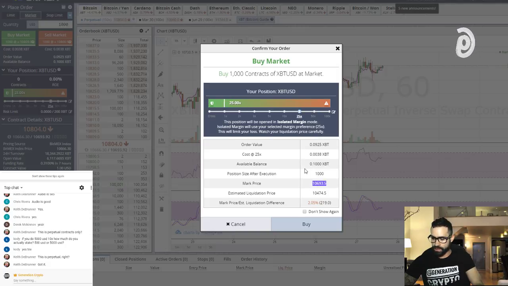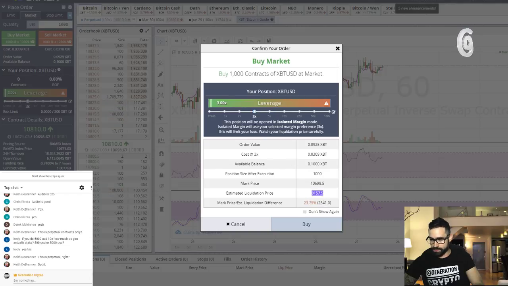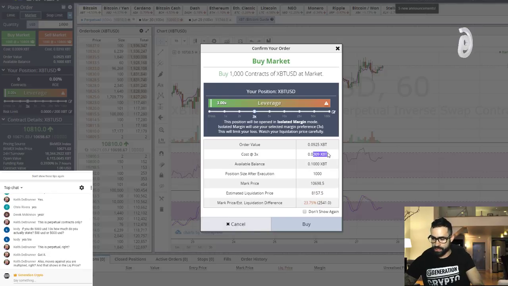Instead, if we go to 25x, it's 10,400. At 10x, 9,899. 5x, $9,069. 3x, 8,000. And what that's going to do at the same time is change how much I'm paying for that position. So these are the two things you want to keep an eye on: the cost and the liquidation price. So let's go back to 25x, and so I'd pay 0.0038